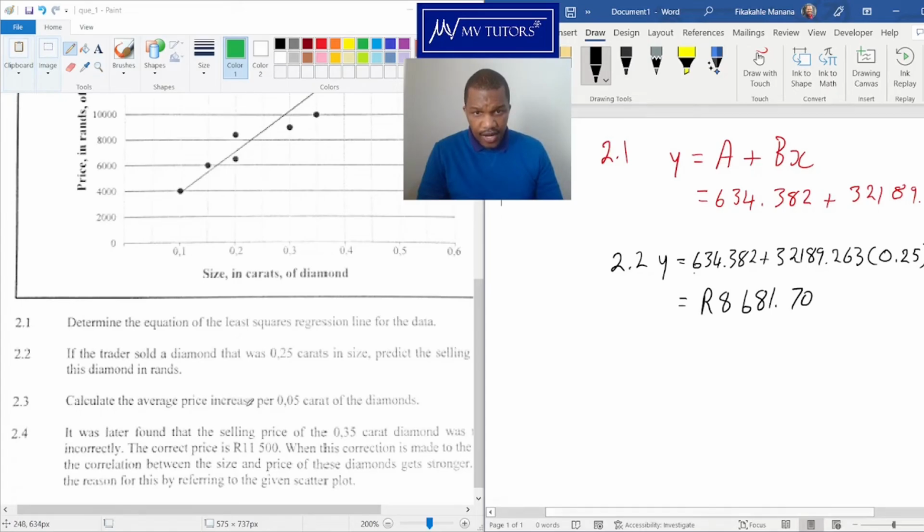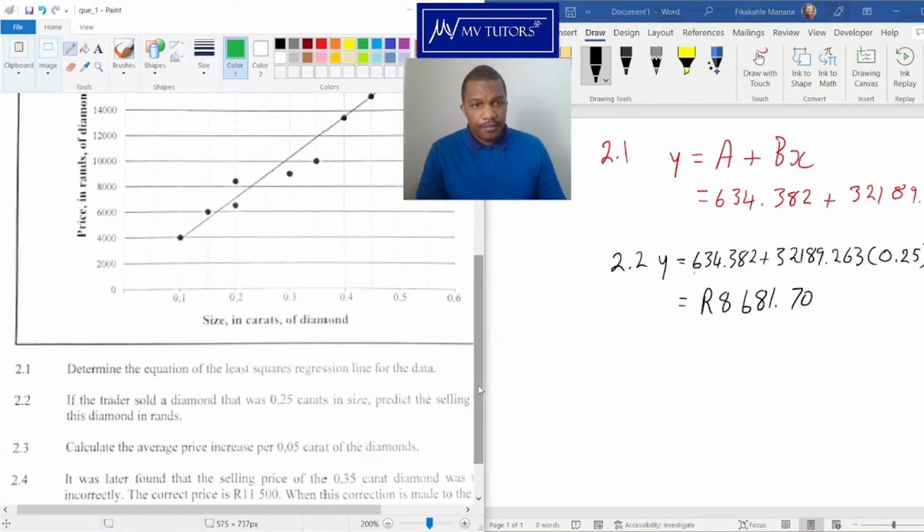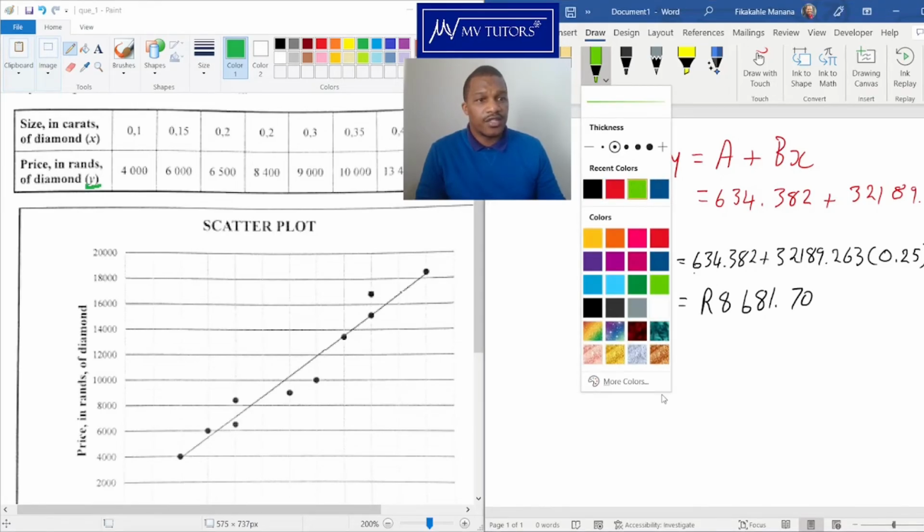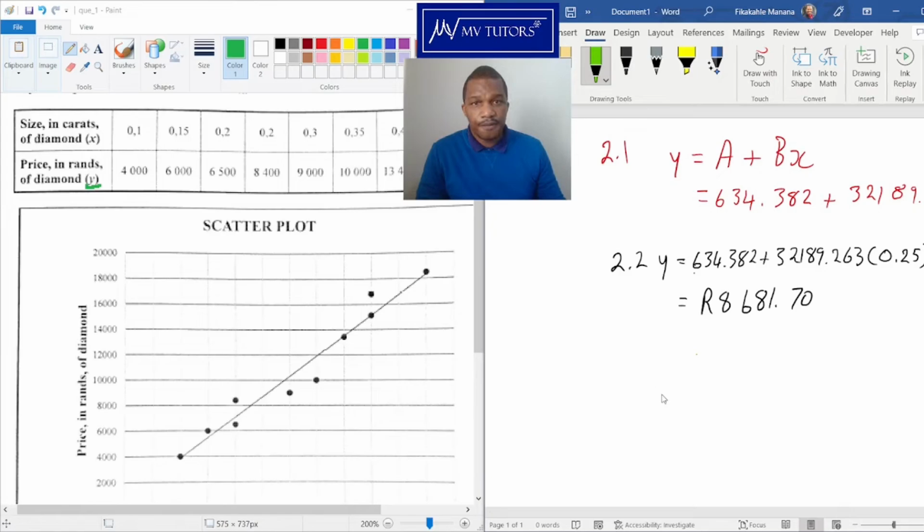Calculate the average price increase per 0.05 carat of the diamond. It's not too bad. So what we have to do with this one, I'm not going to use that. I'll use these values over here. If you look from 0.1 to 0.15, the difference is actually the 0.05. So, well, if you don't believe me, let's put that in a calculation. So what did I say? I said